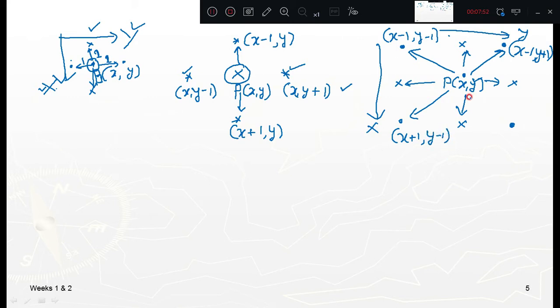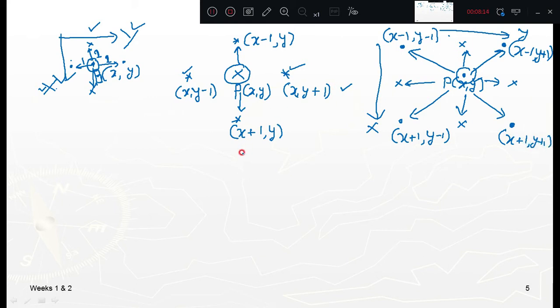Now I'll come to this one, the next pixel. Which value is increasing here? X coordinate is increasing, y is also increasing. Increasing in the sense it is going with respect to the middle pixel. You need to always think with respect to the middle pixel. How much value? X plus 1 and y plus 1.